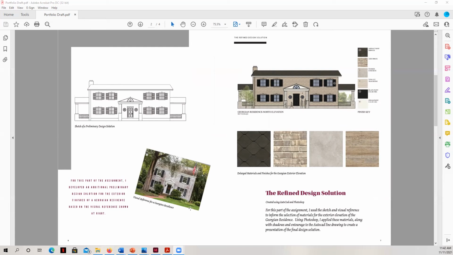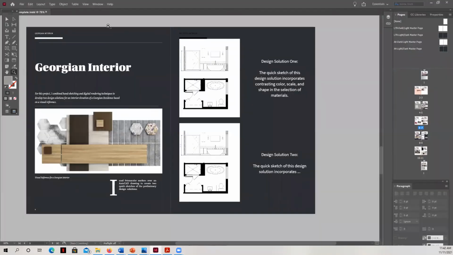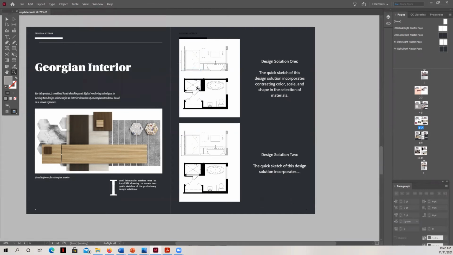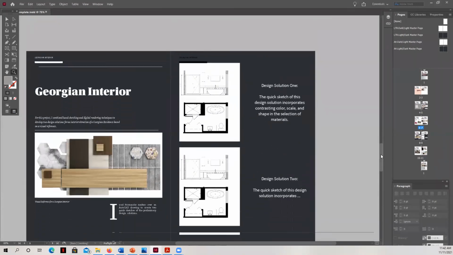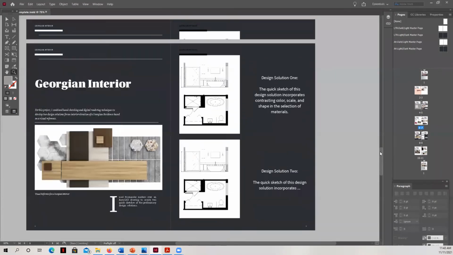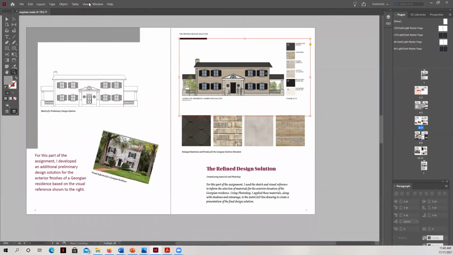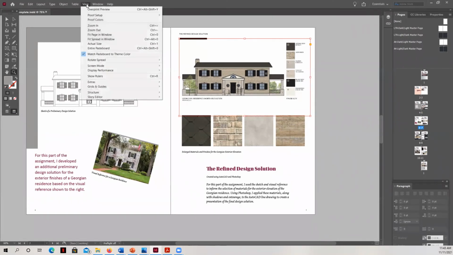One way to do it is to export the PDFs and print it out, which I'll show you how to do later. But another way is to go into InDesign and look at your file and go up to View. And you can go to Screen Mode and move over to Preview. And once it's in preview, all of those boxes and things that were evident before that reveal the underlying structure of your template, those all go away. And now you can start to really look at this as a more formal presentation.